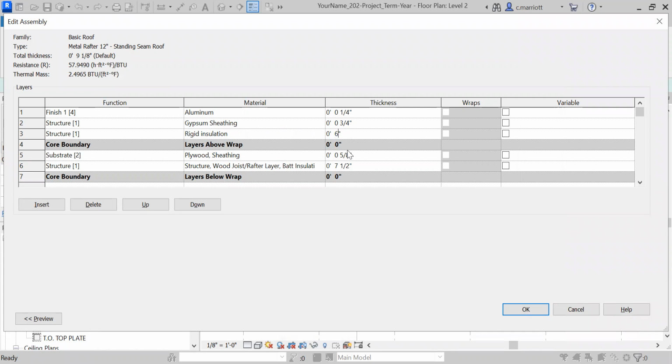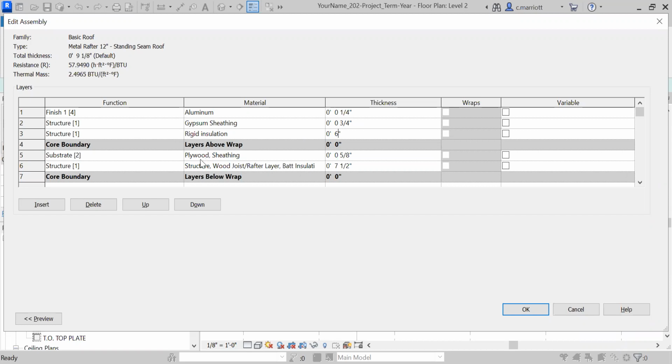Now, if you think about it, heat rises, a structure is going to lose most of its heat as heat rises. So the roof surface is the one that's the most vulnerable. And that's why we want to have so much insulation. But actually, this is not enough. And so we will also be adding insulation